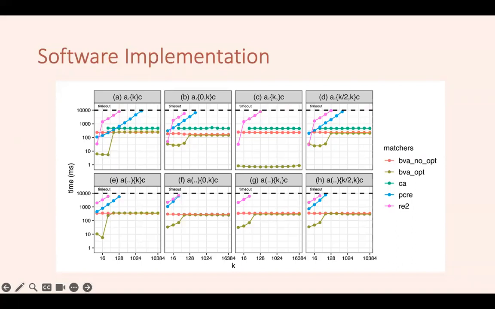The pink line is RE2. This is automata based, but both of these use unfolding. And what I have called CA is counting set automata. The title of the paper is counting set automata, and I have forgotten the name of the authors, but